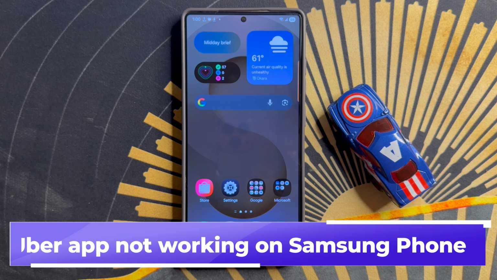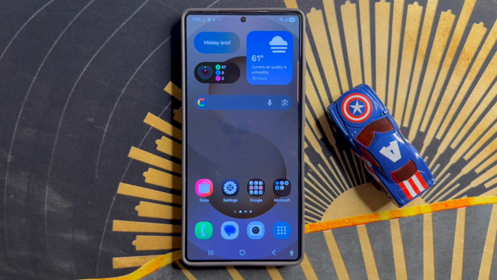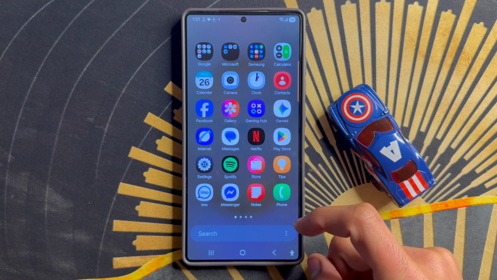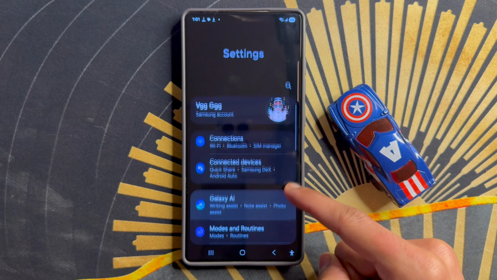How to fix Uber app not working on Samsung phone. Let's start the video. First of all, go to app library. Here click on settings app. Now in settings,